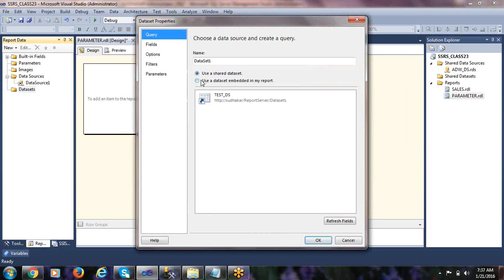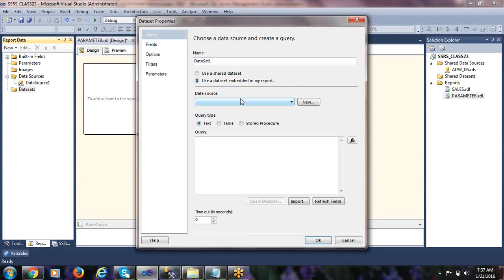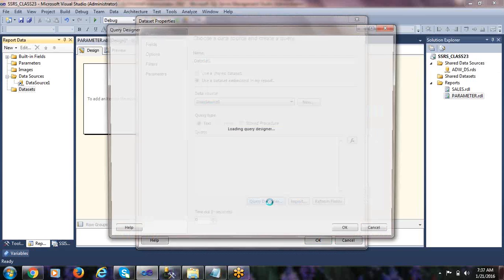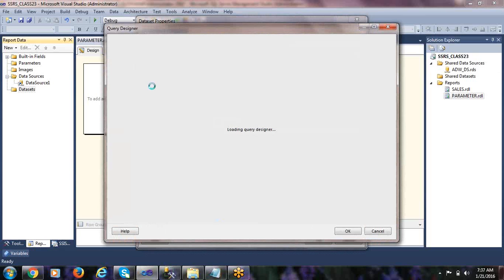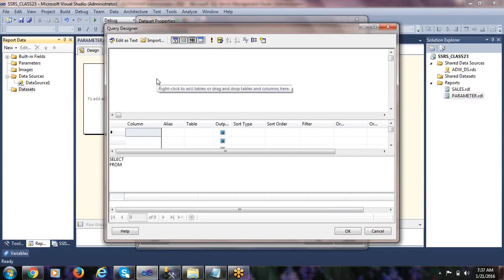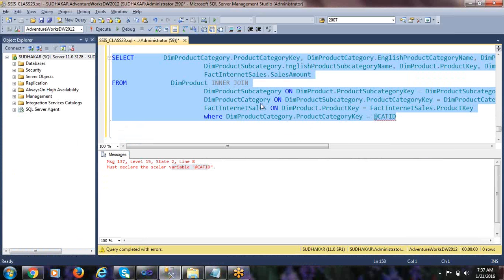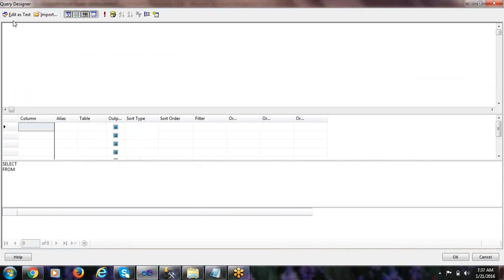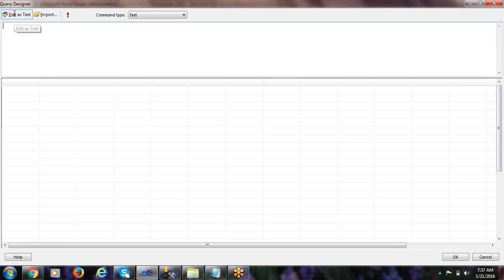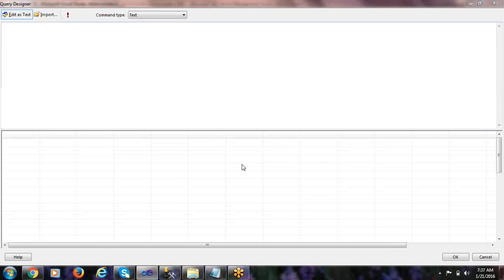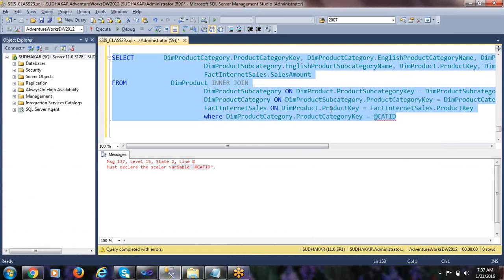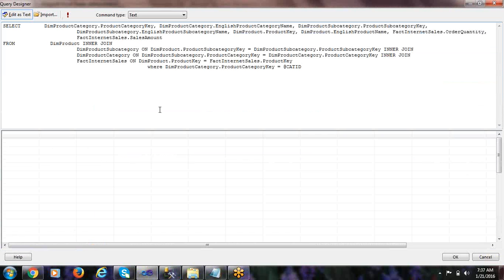Now create a dataset. Add dataset. Select dataset embedded in my report. Select data source 1 that we created just now. Click on query designer. Now you have a query, right? Click on edit as text, copy it and paste it here.